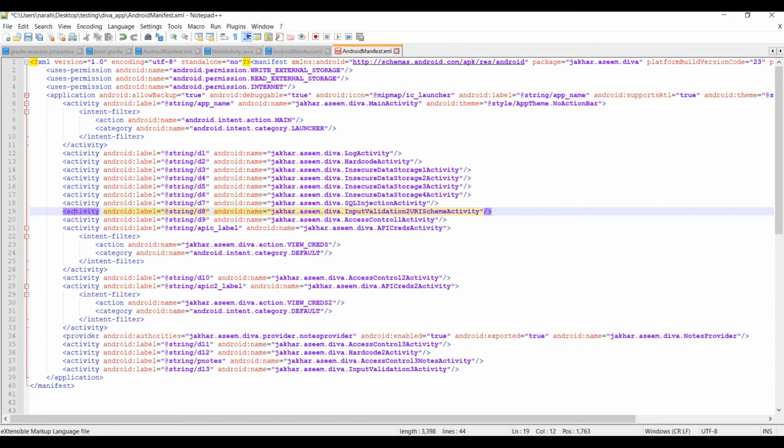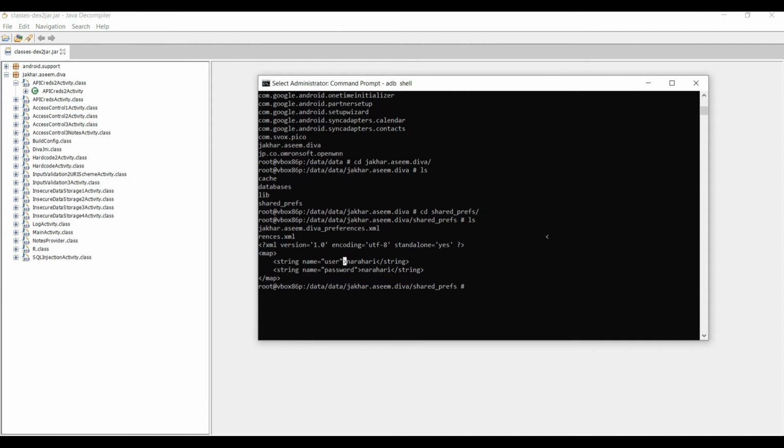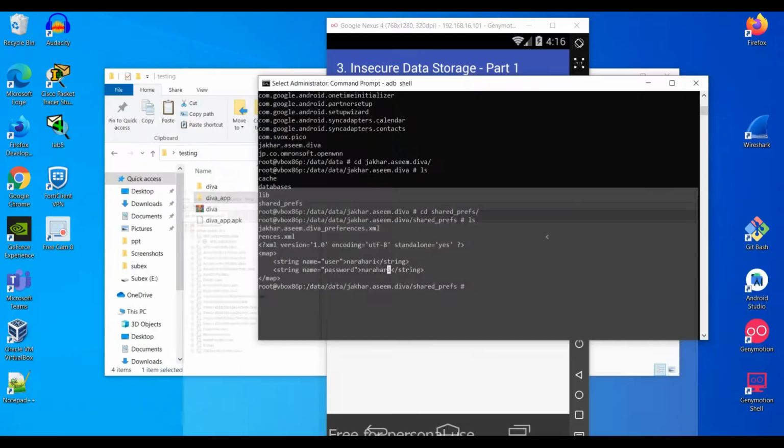Not only this, from when the application has been installed, all the data will be recorded and the backup is stored in the Android application. So that's why it should be false. Even if it is true, they should use some kind of encryption mechanism here. They should not be stored in plain text format. If it is in plain text format, then it is considered vulnerable.